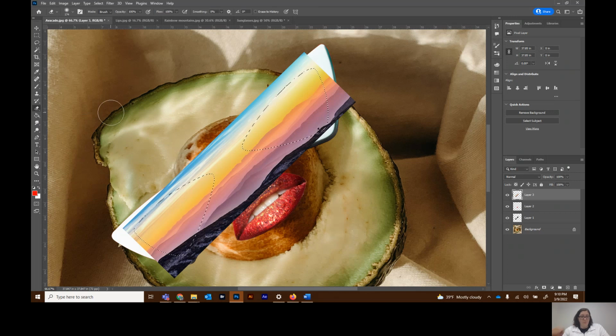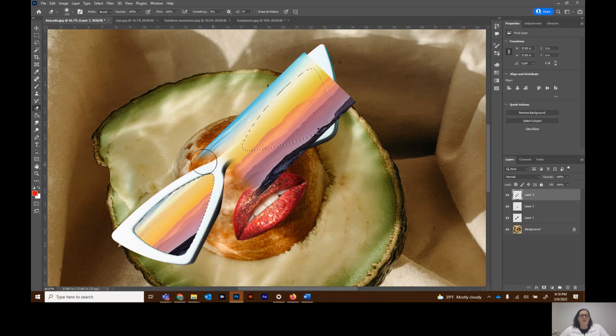Now, we could simply hit delete and that would completely work. It would get rid of everything except for what we want in the sunglasses. But I want you to see how this works. So we're going to use the eraser tool and simply go over what we don't want. You can see that my selection tool, my marching ants, is keeping me out of the area where I didn't want to be. So that way it's going to keep the stuff inside the sunglasses and only erase the